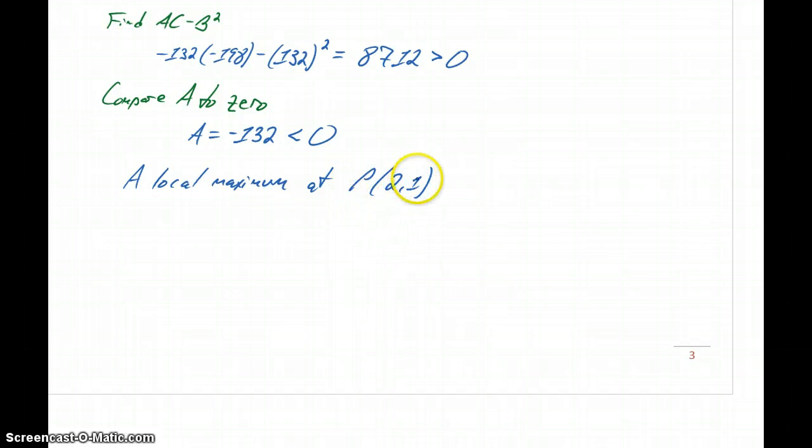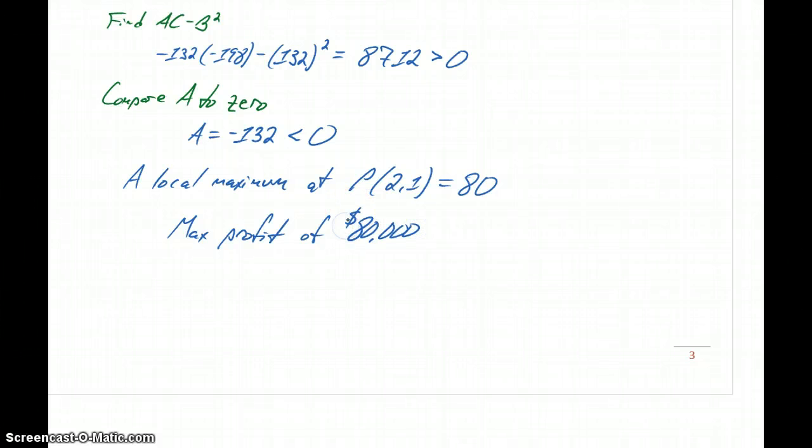And then if we plug X equals 2, Y equals 1 into our original profit function, that should give us a result of 80. So to interpret what all that means, and to fully answer the question here, what we're saying is that a maximum profit of $80,000, since again that profit is in thousands of dollars, is obtained by producing and selling